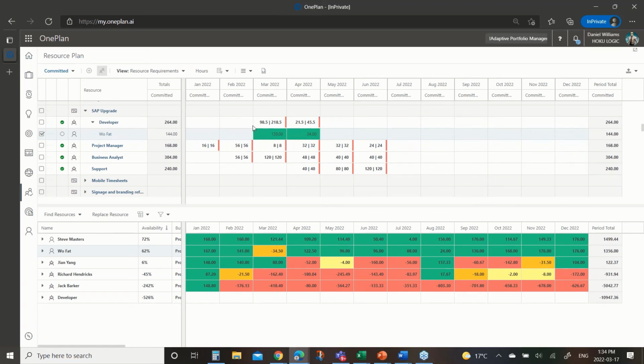And what you're seeing up top is that there's still 98 and a half hours to fulfill and another 21 and a half. So the developer still has demand as required, and we haven't fulfilled it all, but we have put some of it on. Then I could go and maybe Steve becomes the next resource and on we go. Unlikely we'll use the bottom two because they're already over allocated. I probably have to solve that problem too.